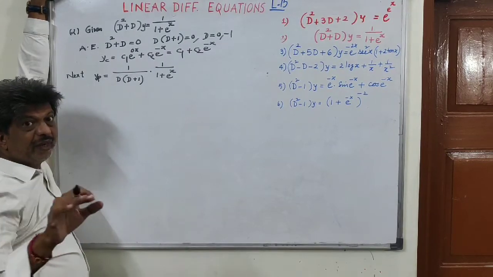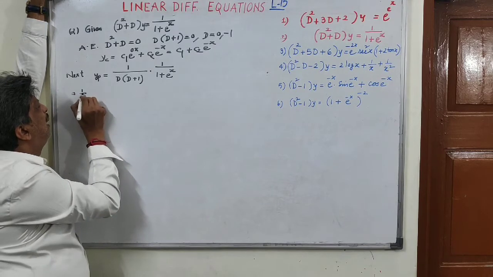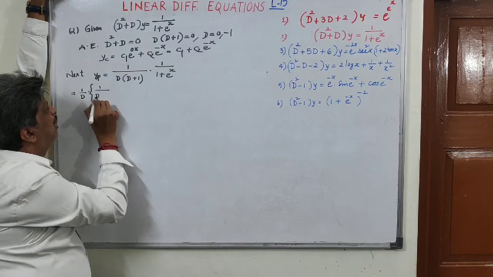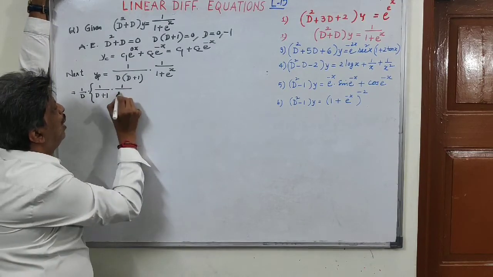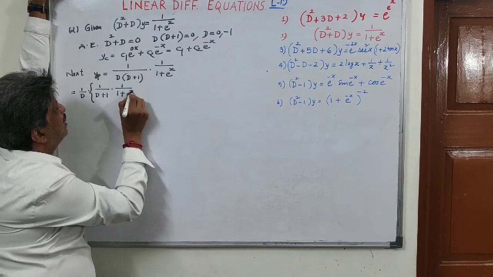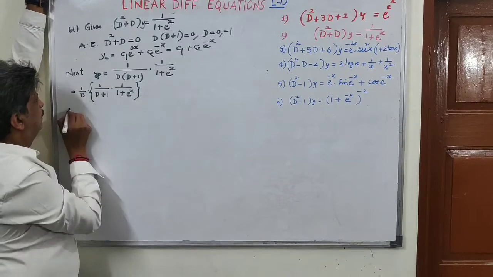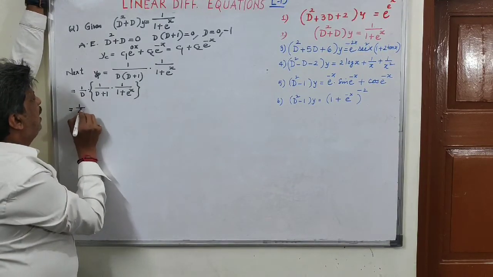That is further equal to, note this, 1 upon D times 1 upon D plus 1 into 1 upon 1 plus e power x. That is further equal to 1 upon D into